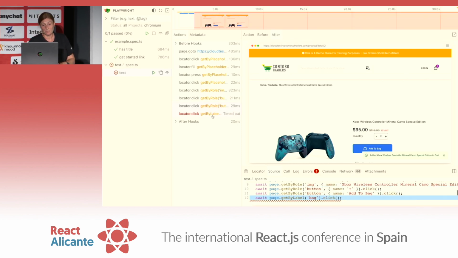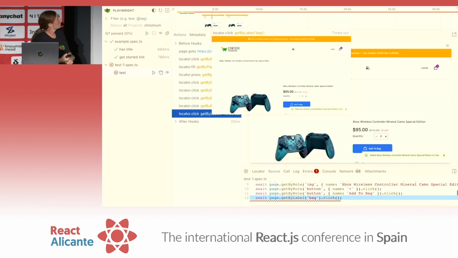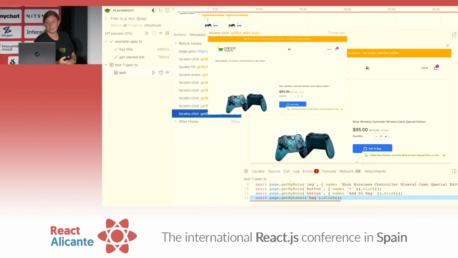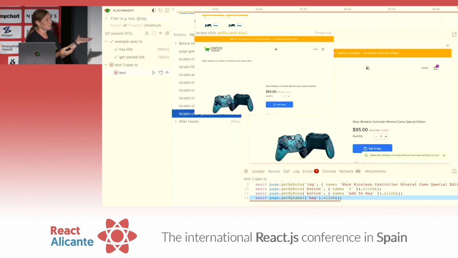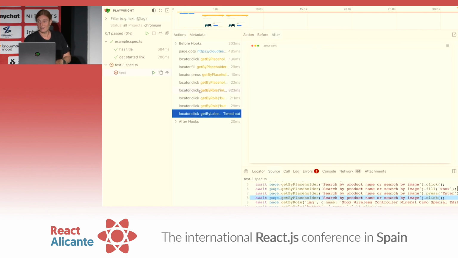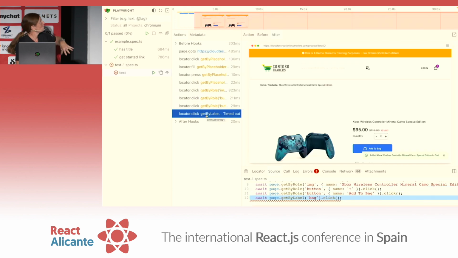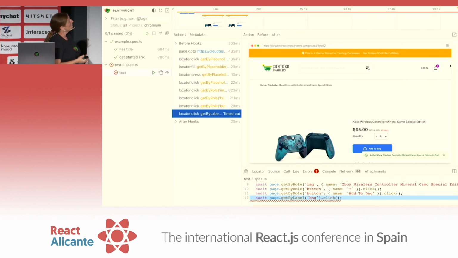Let's have a look. So again, we can go back and forth, but how do I figure out what label it is? What do I do in this situation? What would you do? Inspect. What are you going to inspect? You're going to inspect the button. So we go back into our code, and we inspect the button and see, is that an actual label?